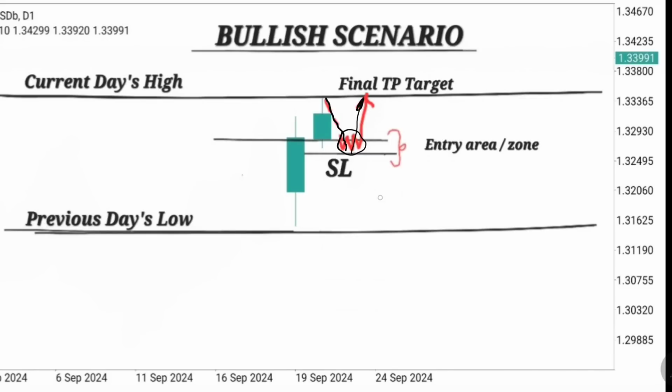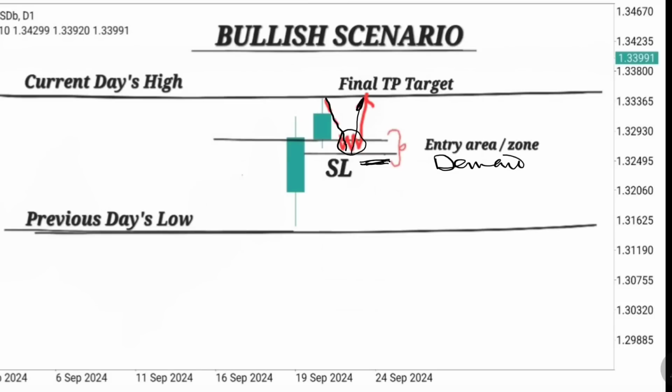For some of you that are asking about the stop loss, this is the stop loss. Stop loss will just be right at this zone, just a few pips below the zone from where you took your trade. From here, it should be a demand zone. This will be a demand zone. So this is the entry area. This is a demand zone